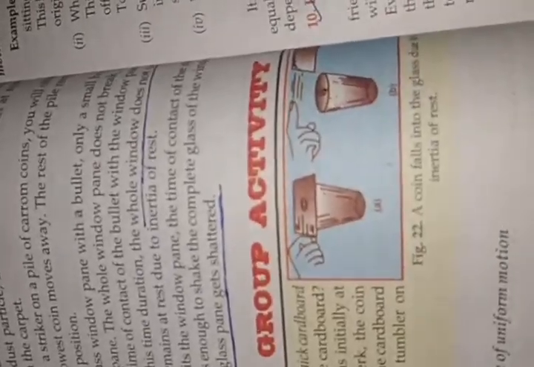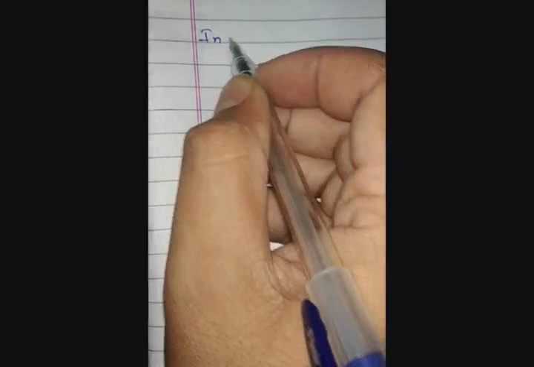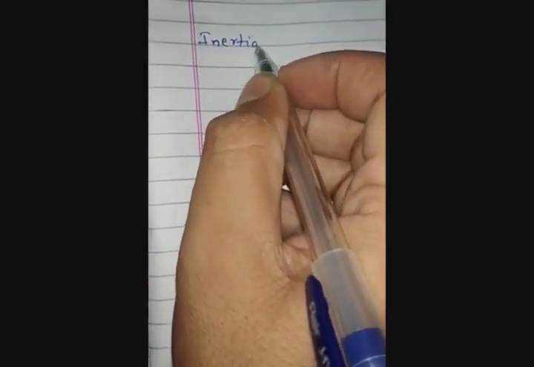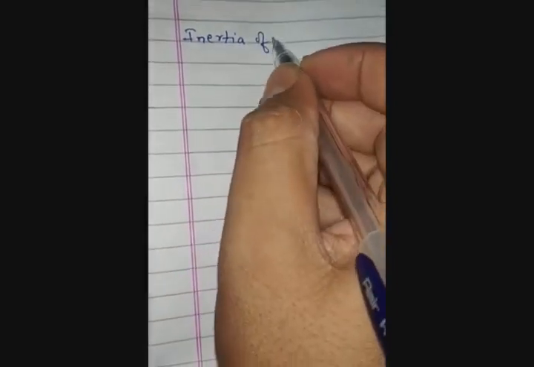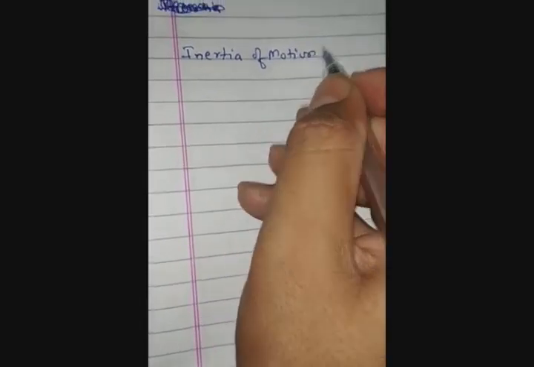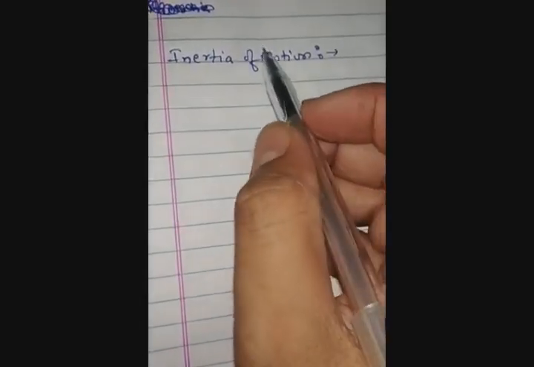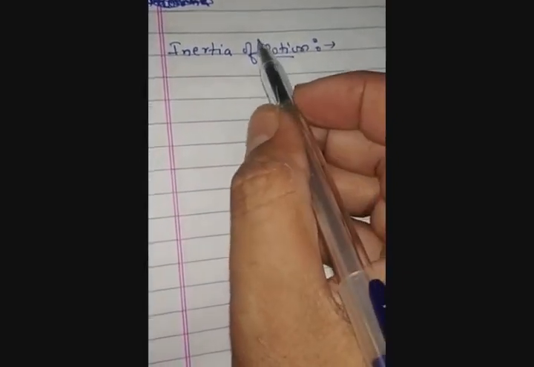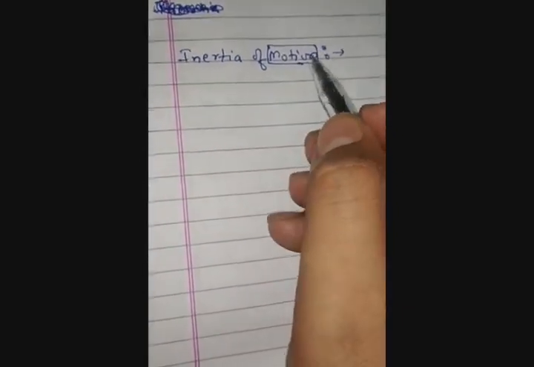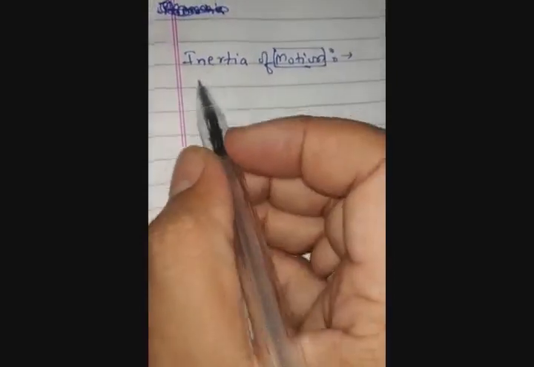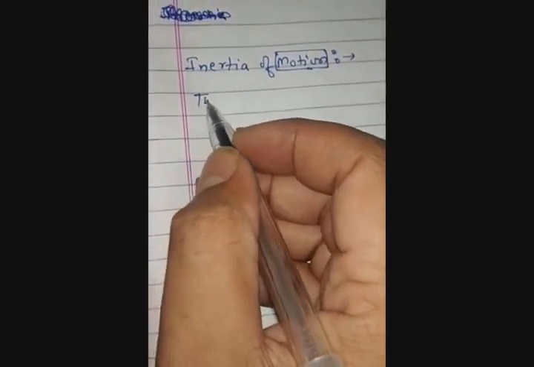Okay students, the second kind we can include is inertia of motion. First of all, we will include all those bodies which are in a motion state, meaning those bodies which are changing their position from point to point. So we can write a definition of it: the resistance